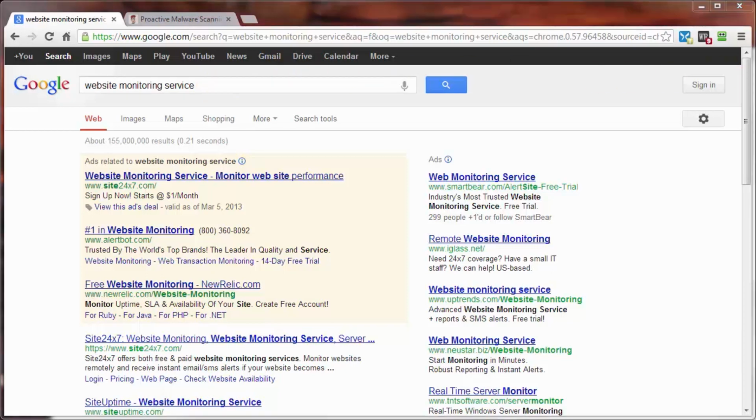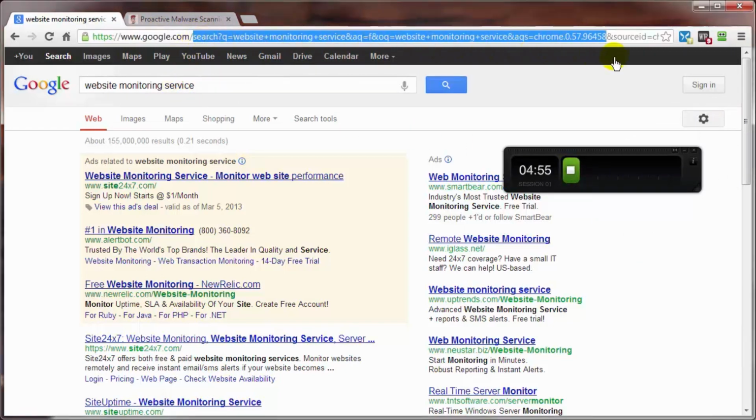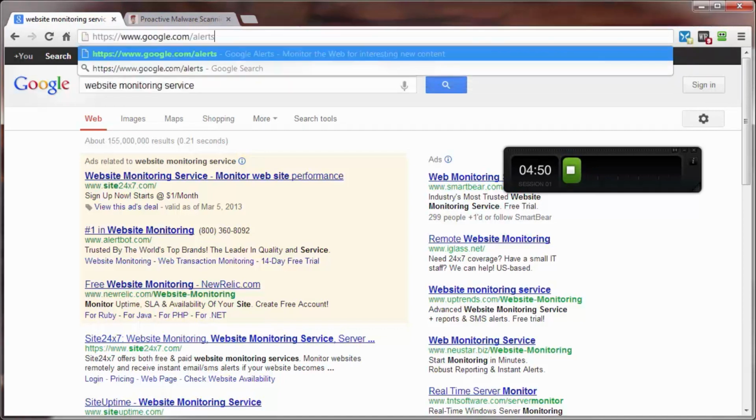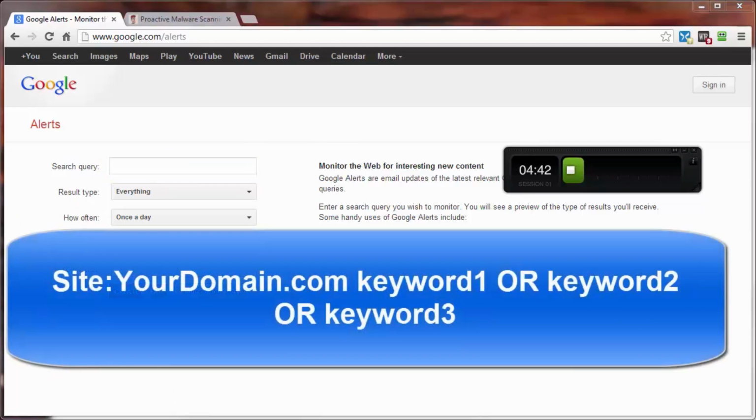Let me go ahead and pull in my handy dandy little timer here, set at 5 minutes. Let's go ahead and start this off. Now we want to head over to Google Alerts, and I believe it's google.com/alerts. Yes, it is. And here's the search query that we want to put in there. You want to put in site:yourdomain.com, or whatever your domain is,